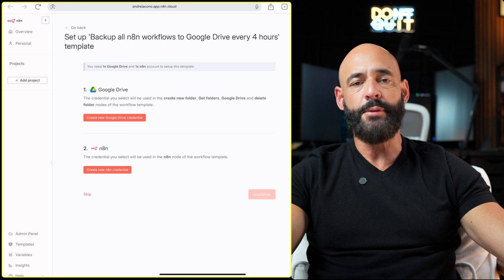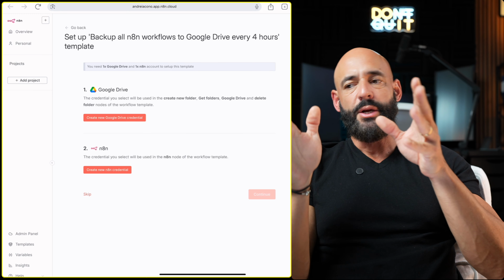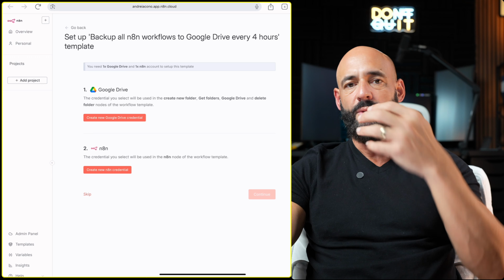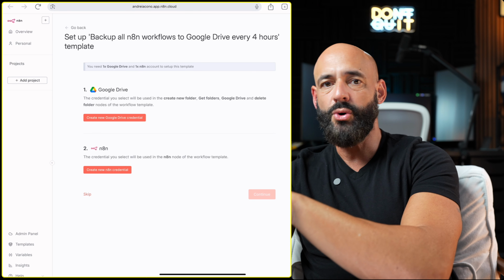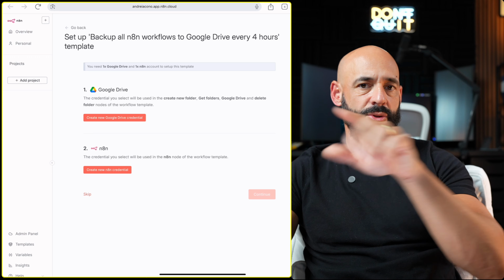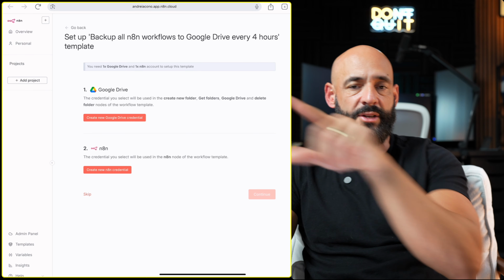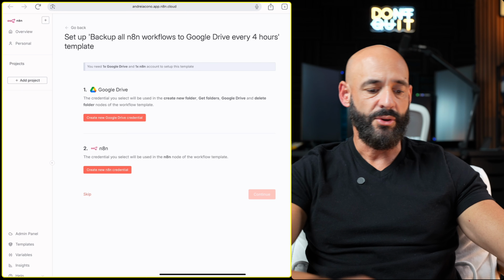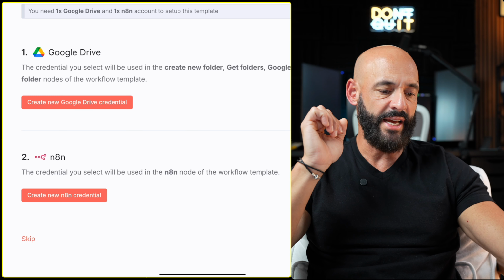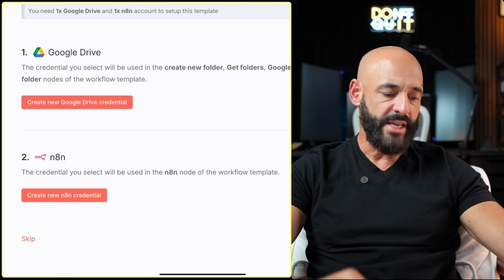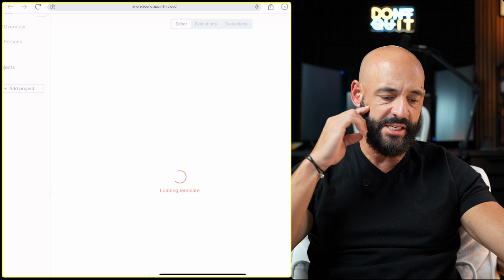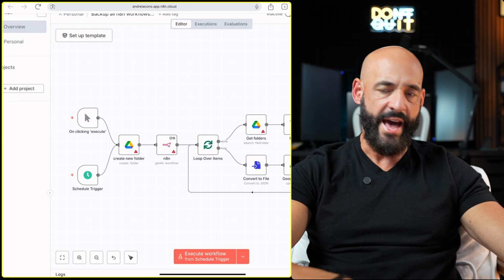And as soon as I start the importing, most templates do require credentials. That workflow saves my workflows to Google Drive, yeah? So I need to give access from N8N to Google Drive and access to my N8N credentials. So that's why I have this page over here. First step, Google Drive credentials, and second step, N8N credentials, yeah? I'm not gonna do that one right now. I just wanna show you how that works, yeah? I'm gonna skip this process and voila,